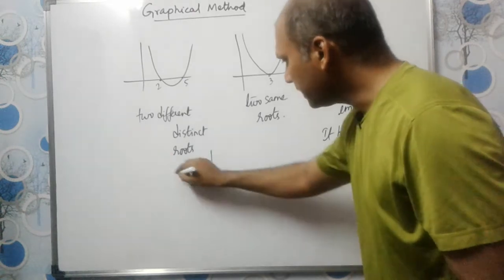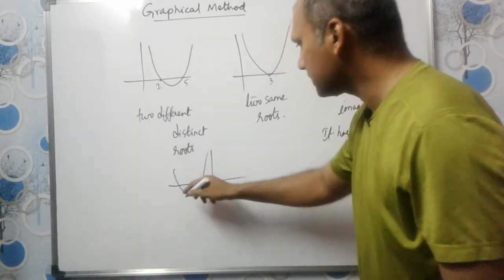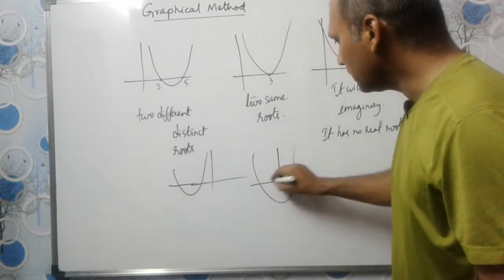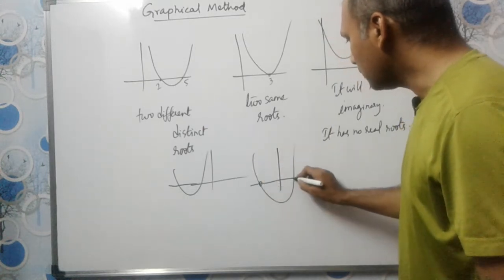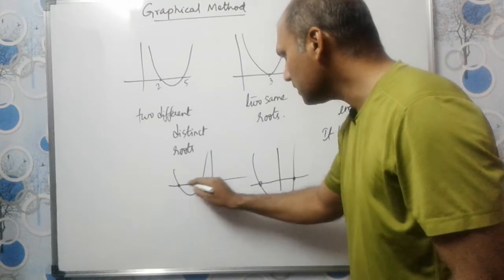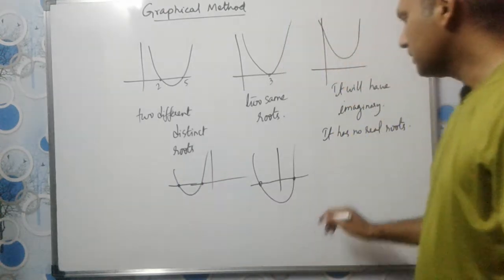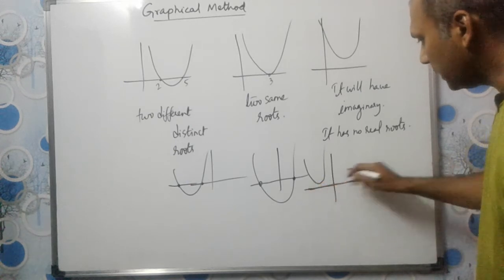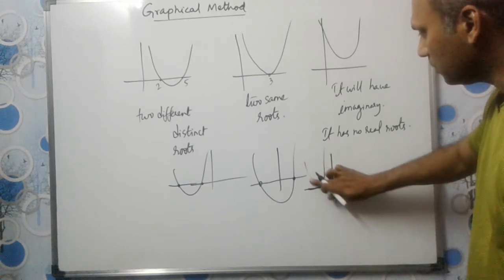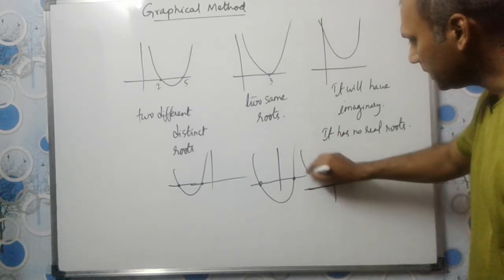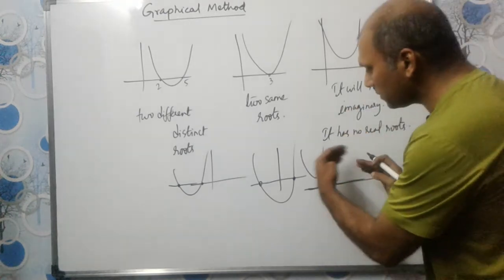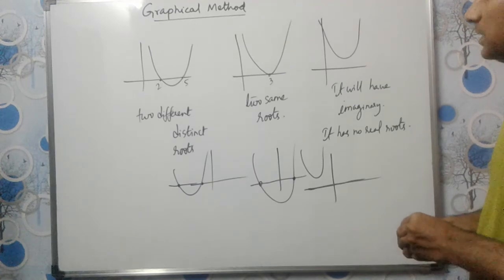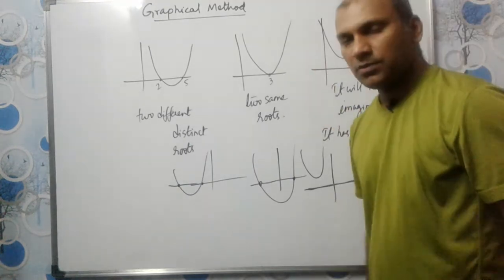See, it can touch the negative side of x-axis also, like this. Okay. Or the graph can be something like this. One root will be negative, one root will be positive. Here both roots are negative values of x, right? Or it can be like this also. Okay. It is not touching x-axis at all. I hope you can see this. It is not touching x-axis at all, but this graph is on the negative part. All right. So these are the 3 cases.